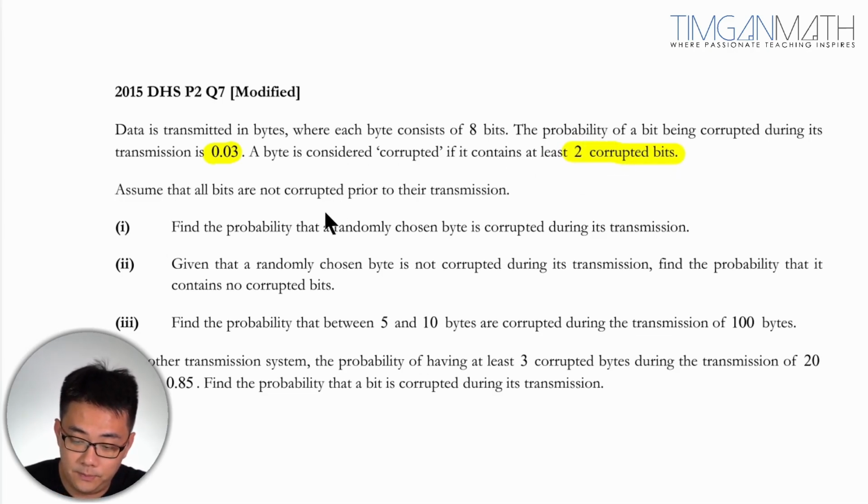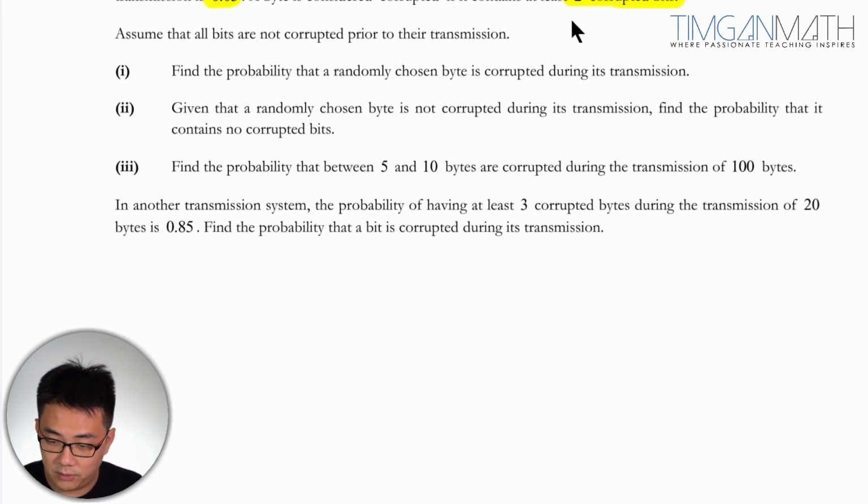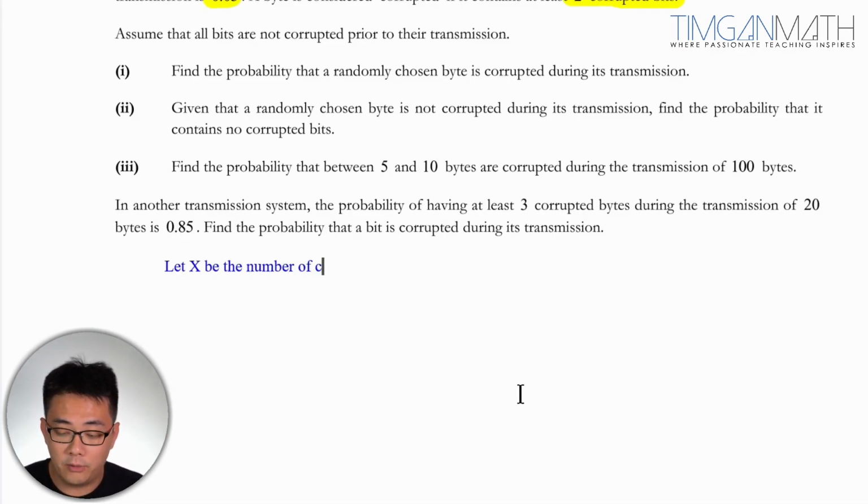Let's see how we can do this. Assume all the bits are not corrupted prior to their transmission. Find the probability that a randomly chosen byte is corrupted during the transmission. First of all, we need to define the distribution. So let X be the number of corrupted bits